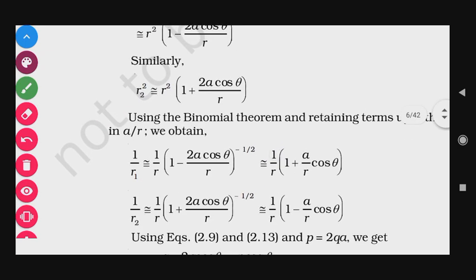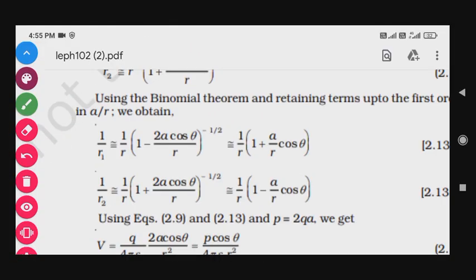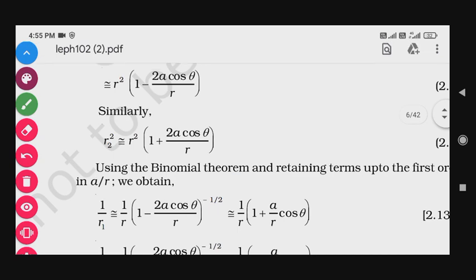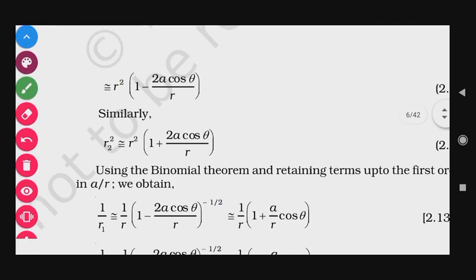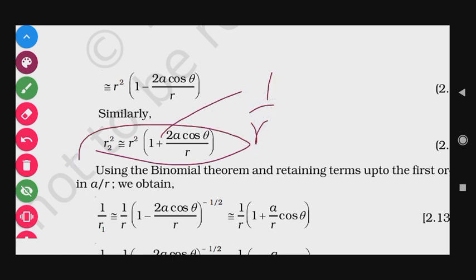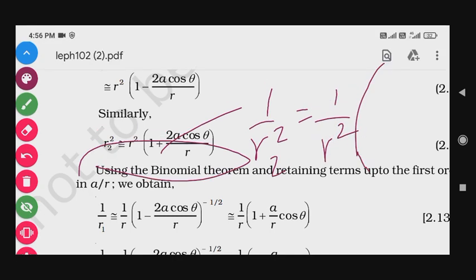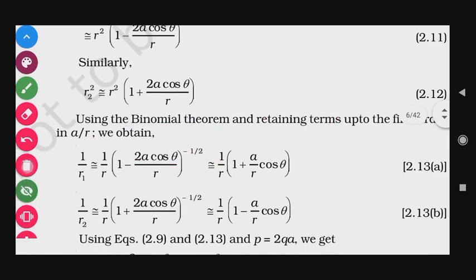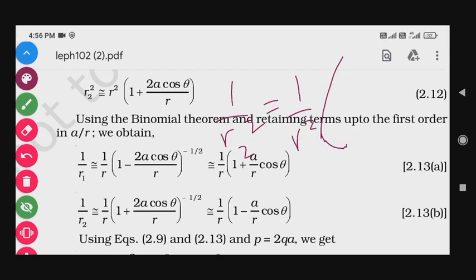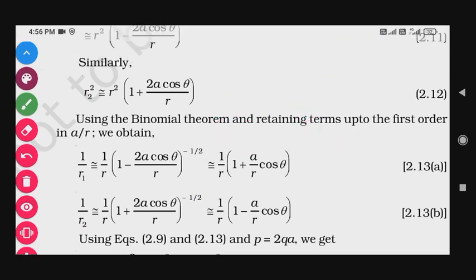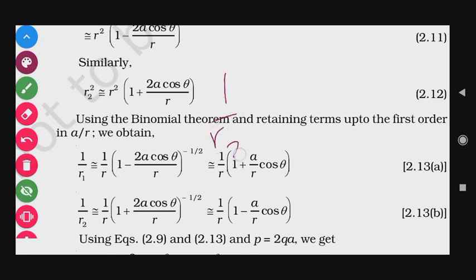Now you will use the binomial theorem. What I'm going to do is take the reciprocal of this. Suppose I do it for this. If I take the reciprocal, I get 1 upon r2 square, this is 1 upon r square, and the reciprocal of this term I'll take as power